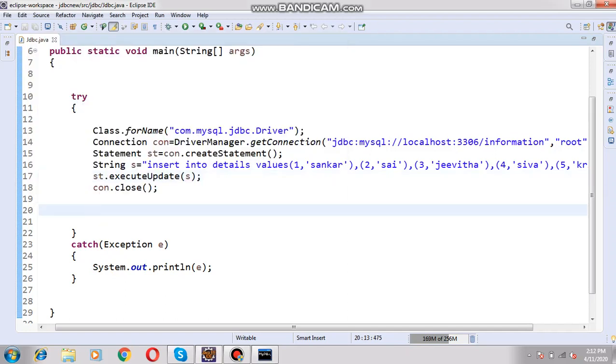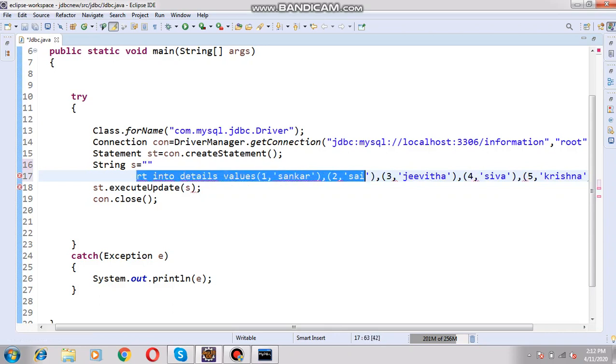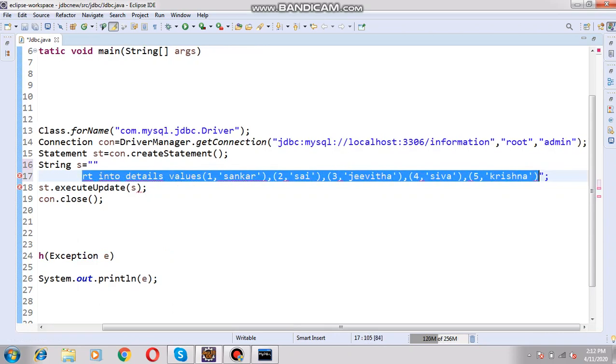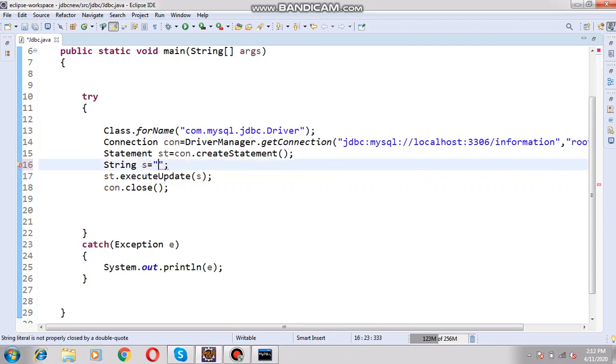what do we have to do? We can just remove this insert query and change our query here. I have to use alter table. What is the table name? Details.